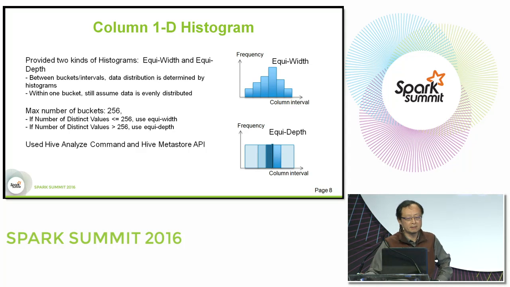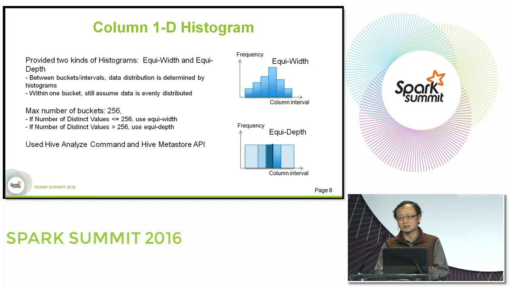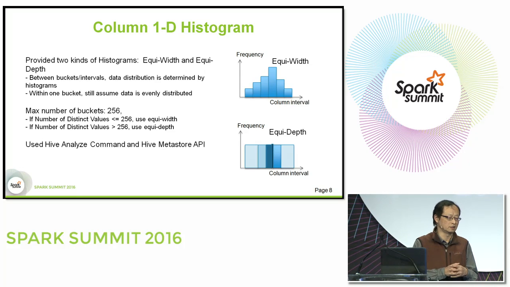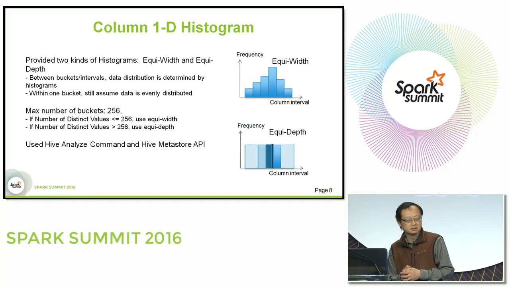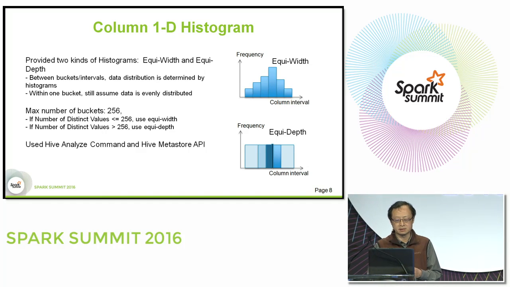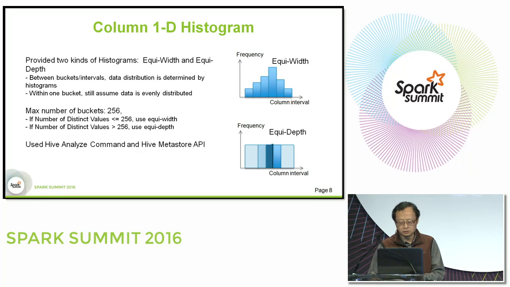And the maximum number of buckets we utilize is 256. So if the number of distinct values is less than or equal to 256, we use equal width. And if the number of distinct values is greater than 256, then we use equal depth. Equal depth means that it's height balanced. And we use the Hive Metastore API to fetch